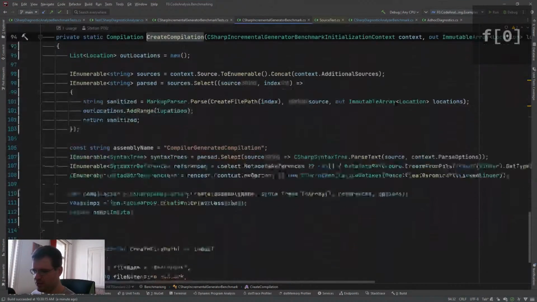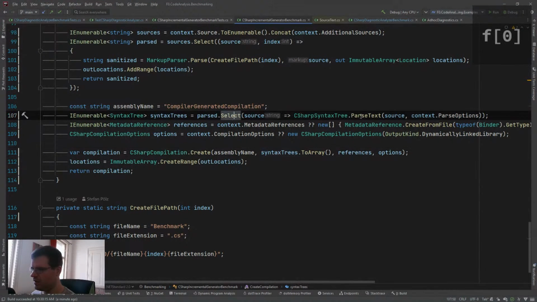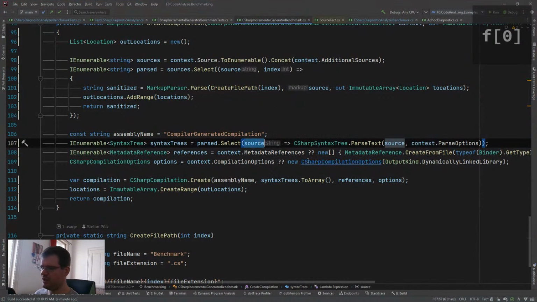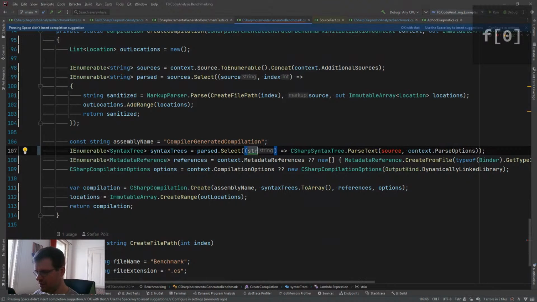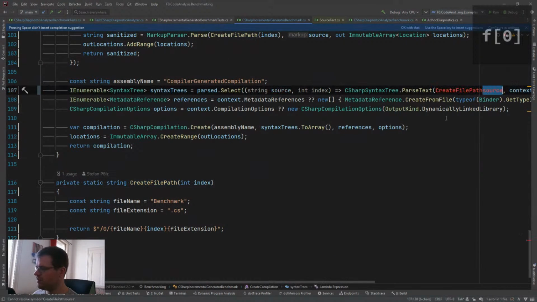And we created via C# compilation.create. And again, we have the syntax trees here. And here again, but we don't have the tag, we only have a source here. So, okay, here now we need to, it's similar, not the same. Use the select where we pass in the source and an int index. And use that create file path to create that very same